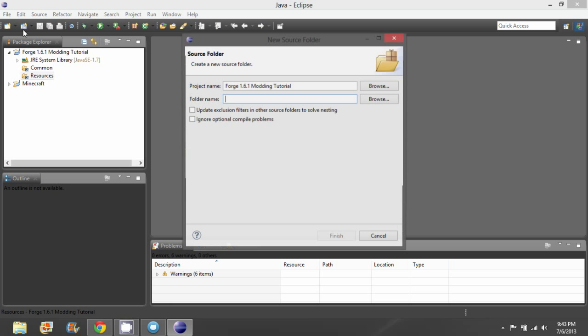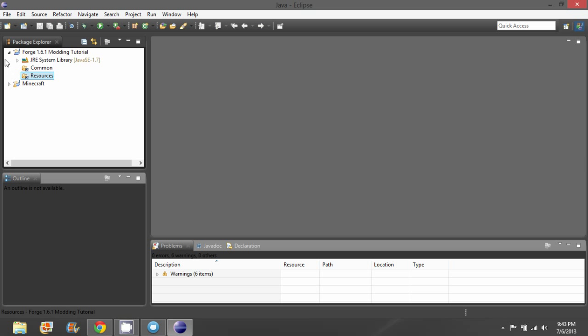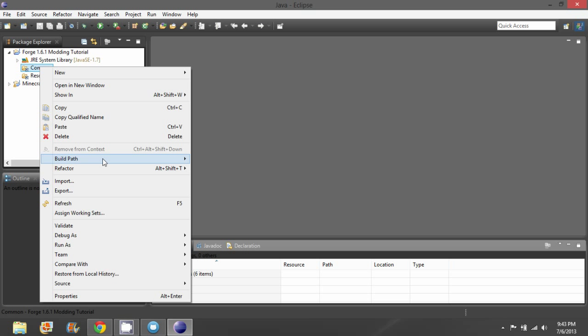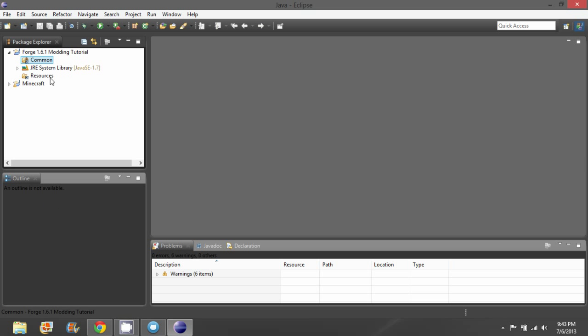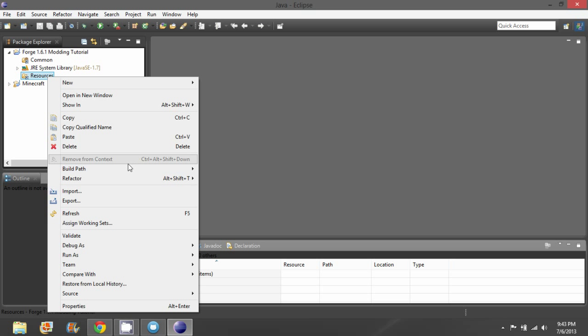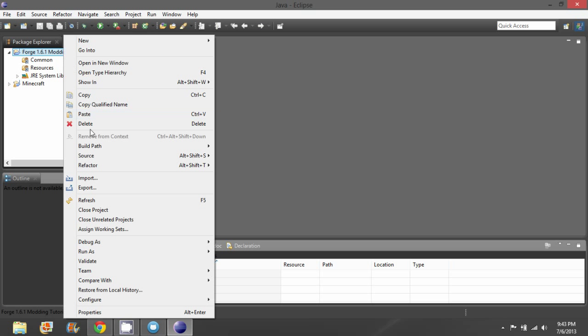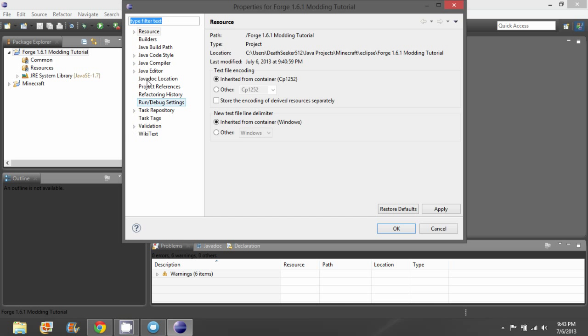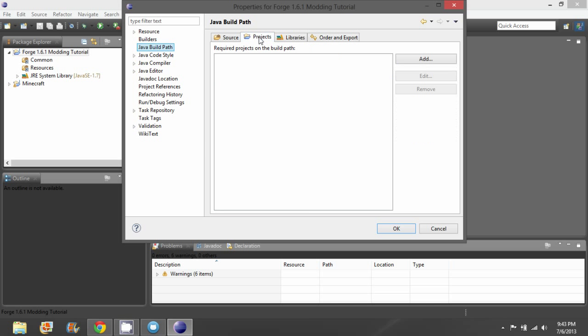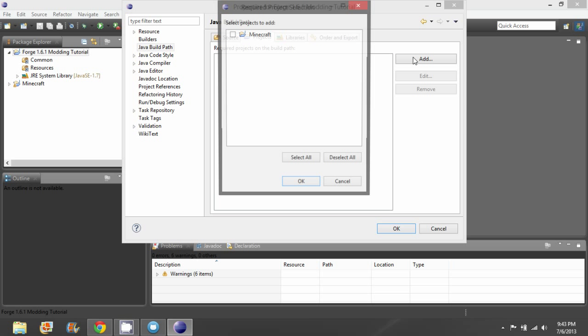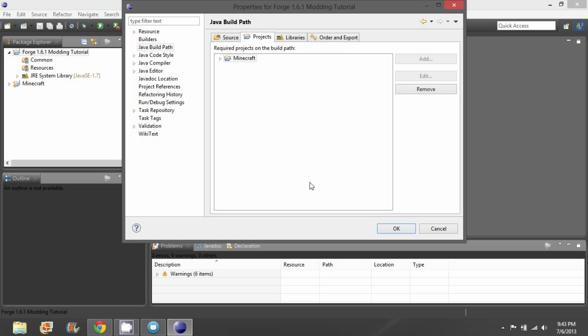folder, and cancel, right click, build path, use as source folder, right click, build path, use as source folder. Don't ask why the resources has to, it just does, for whatever reason. Now if we do right click, properties, we are going to have to edit the build path a little bit, and by going into projects and then add Minecraft, okay, and libraries,